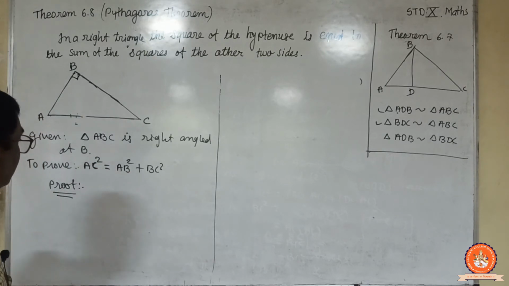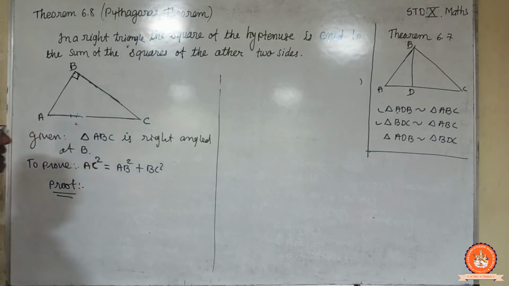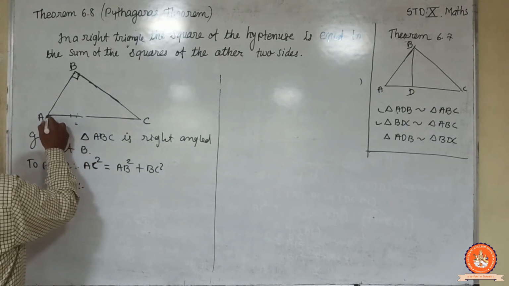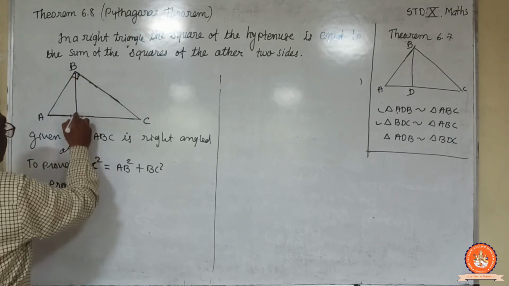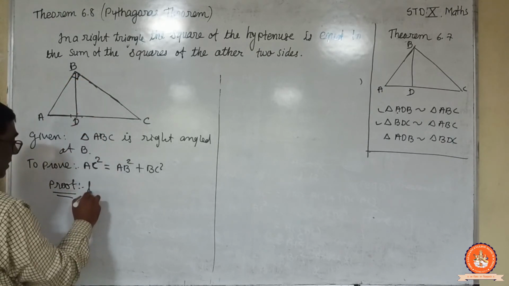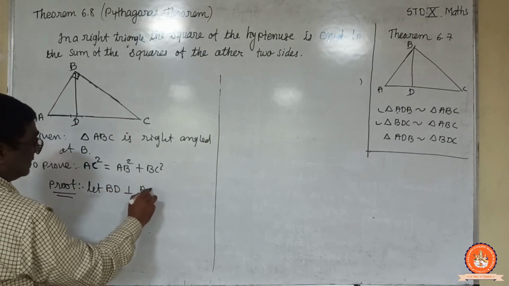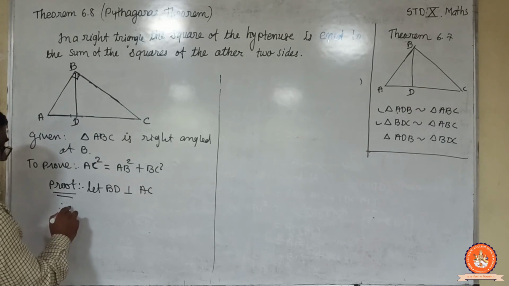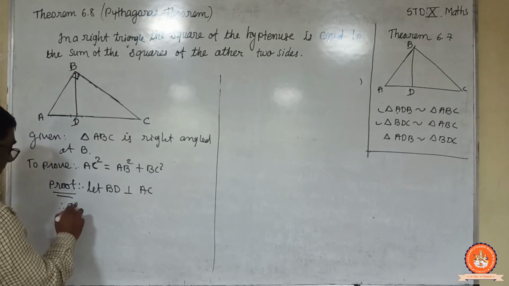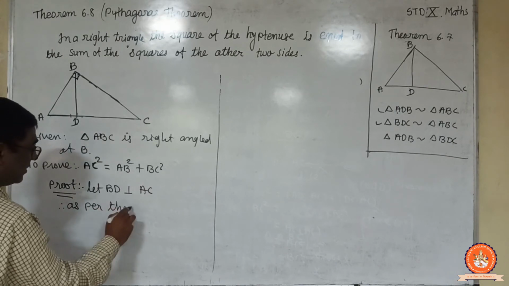Now my friend, for that हम 6.7 थ्योरम का यूज करेंगे और इसके लिए हमें ये परपेंडिकुलर ड्रॉ करना पड़ेगा. Okay, so let BD be perpendicular to AC. Okay, so as per theorem 6.7